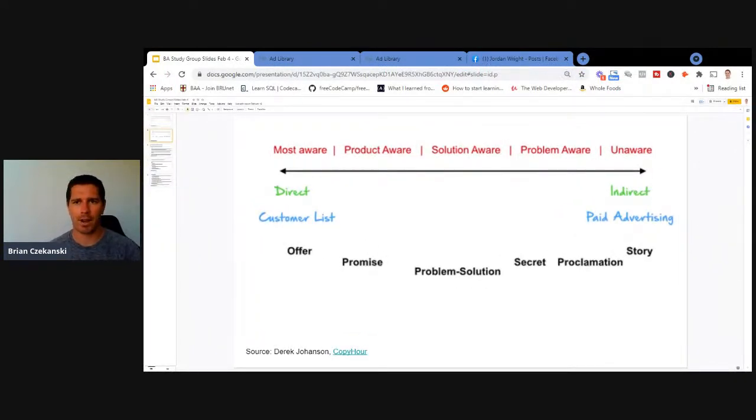It shows you the evolution of the audiences that are out there. Obviously when you're doing Facebook advertising, more often than not, nobody has ever heard of your business before. They have never heard of your offer. So you see on the right-hand side that unaware audience. But for certain brands, they have more awareness because of their status and because they've done advertising for a long period of time. Think about top brands like Coca-Cola and Apple. They're so well known that even when they're doing Facebook advertising, they're over on the left, the most aware, and they have a really differentiated product.